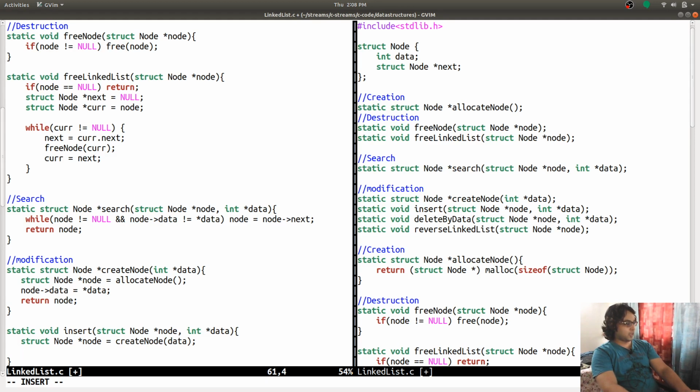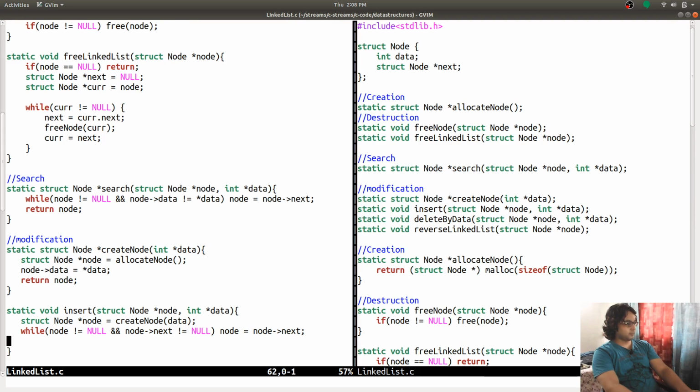and I'm going to loop while node is not equal to null and node next is not equal to null. Until then, move node to next, and then make this node next.